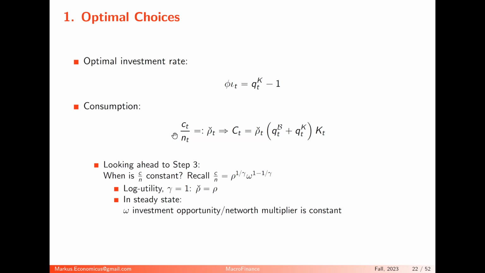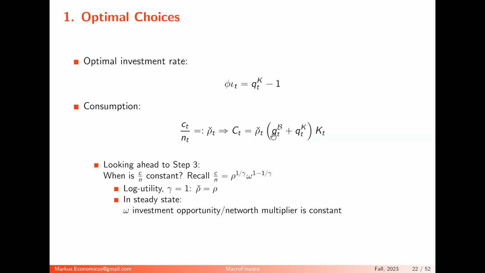Then we have the consumption net worth rate, and that's the rho check. I just define the consumption net worth rate as rho check. Because for log utility, it's rho, and I call it just this check. We have to solve it later. It will be more complicated with constant relative risk aversion. But if you don't like this rho check, just always write consumption net worth. Okay? So total aggregate consumption is then just rho check.